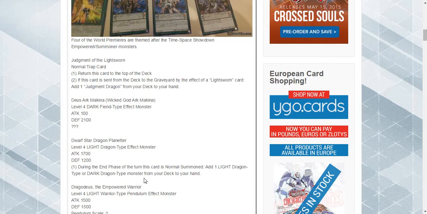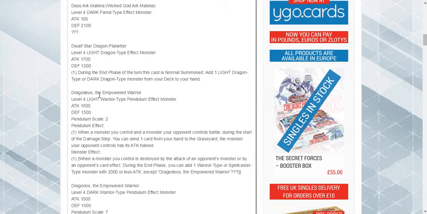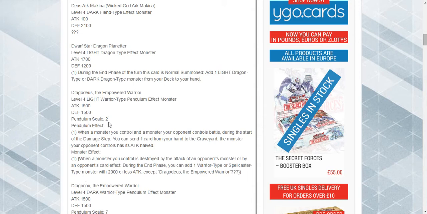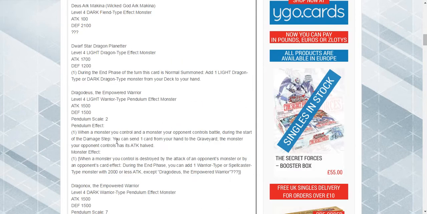Okay, this screams Chaos Dragons and Red-Eyes, and searching out Red-Eyes on it. Drago Deus, the Empowered Warrior. I think that is this one right here. Attack 1500, defense 1500, scale of 2. Oh, wait, no, this one is him. Okay, I'm an idiot. Okay, his pendulum effect is when a monster you control and a monster your opponent controls